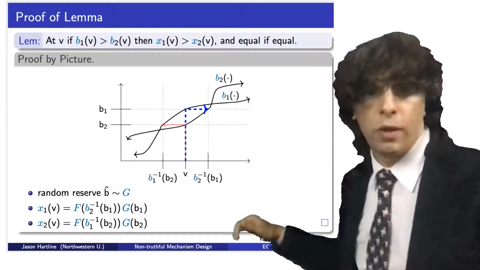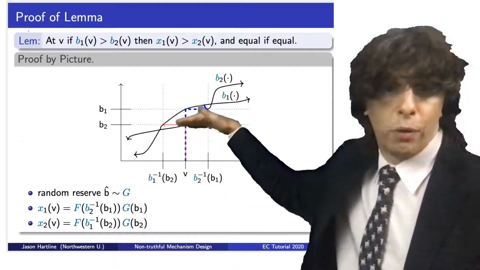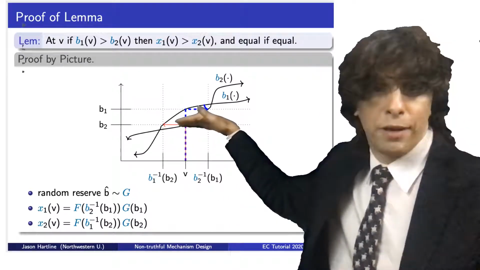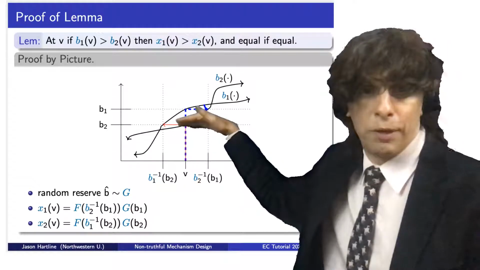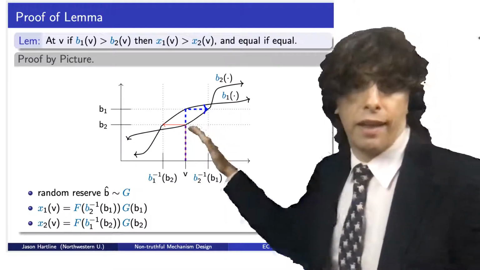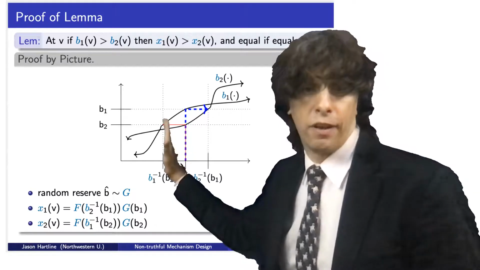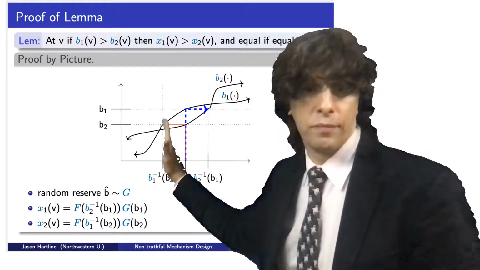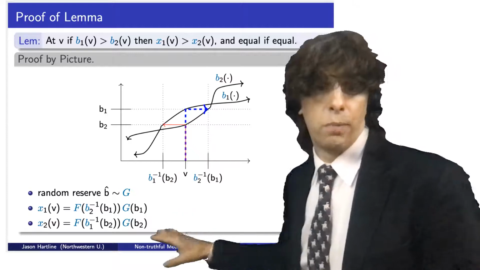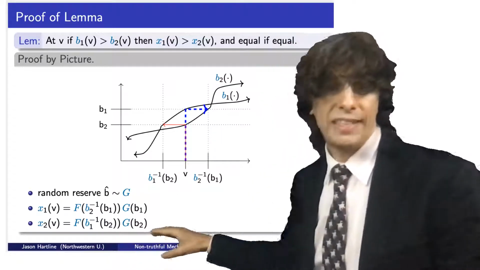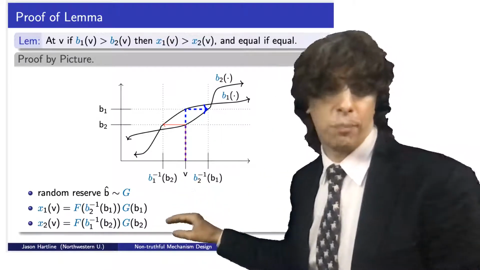And so for bidder 2, the random reserve has to be below bidder 2's bid, which is this value, and bidder 1's value has to be below the inverse of bidder 2's bid, which is this value. Okay, and so plugging those into the CDFs again, we see that in both cases for player 2,